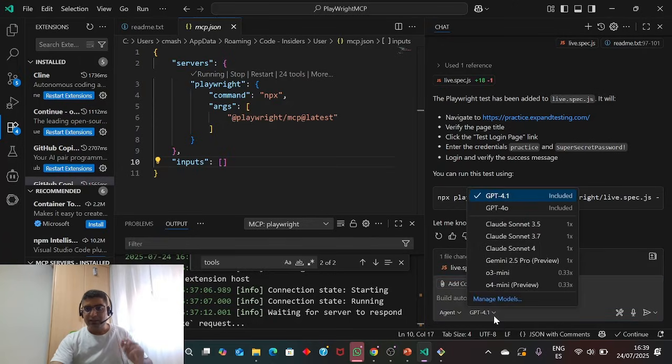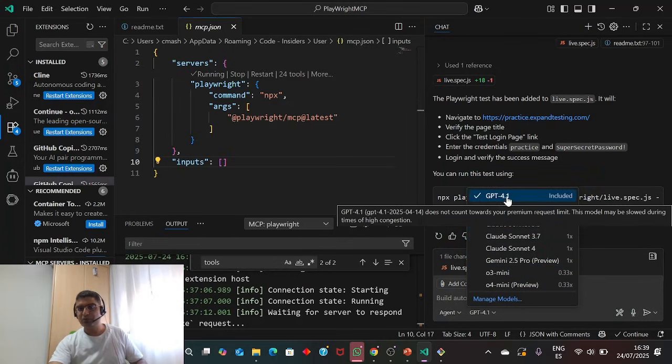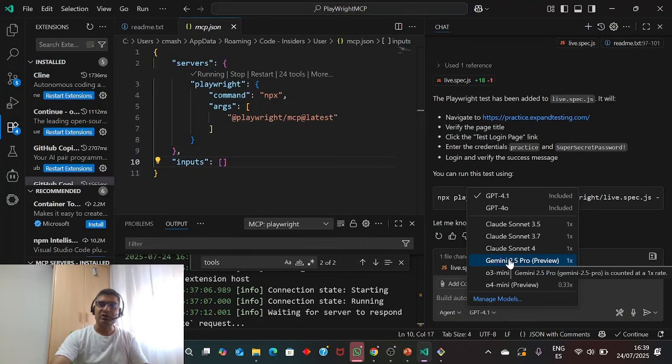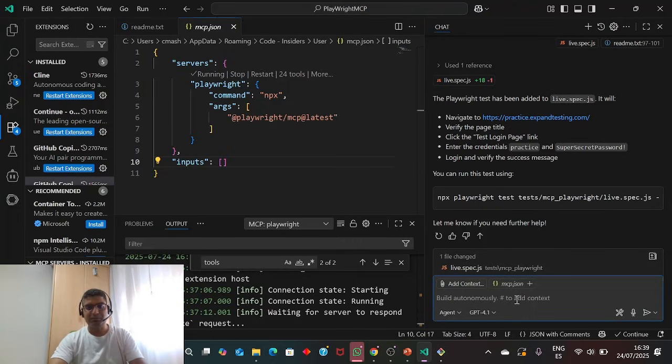Second, this drop down shows all the different LLMs. Right now I'm using GPT 4.1, but you can use Claude Sonnet 3.5, 3.7, Gemini, whatever your favorite is, whichever you have the subscription for, or while the free tier is still going on. No problem in that. All are equally good, I'm a big fan of everyone. Most of the time I use GPT, but lots of others are coming in the market. Gemini is too good.